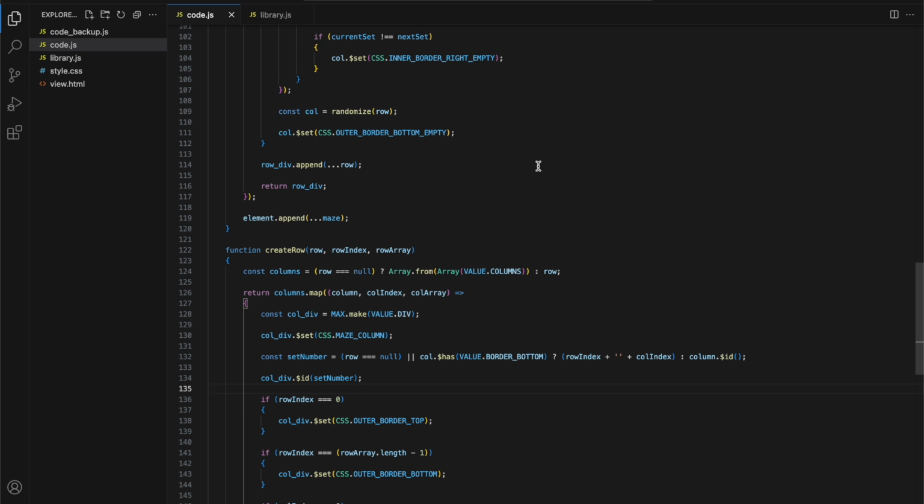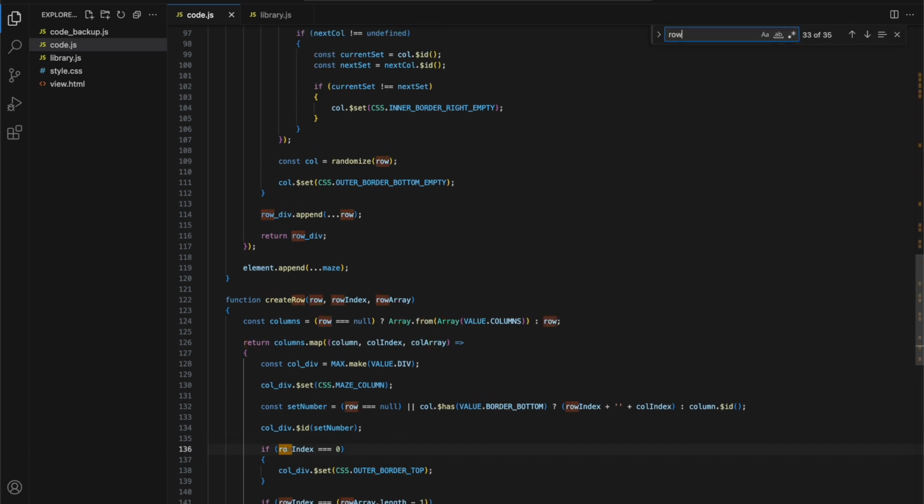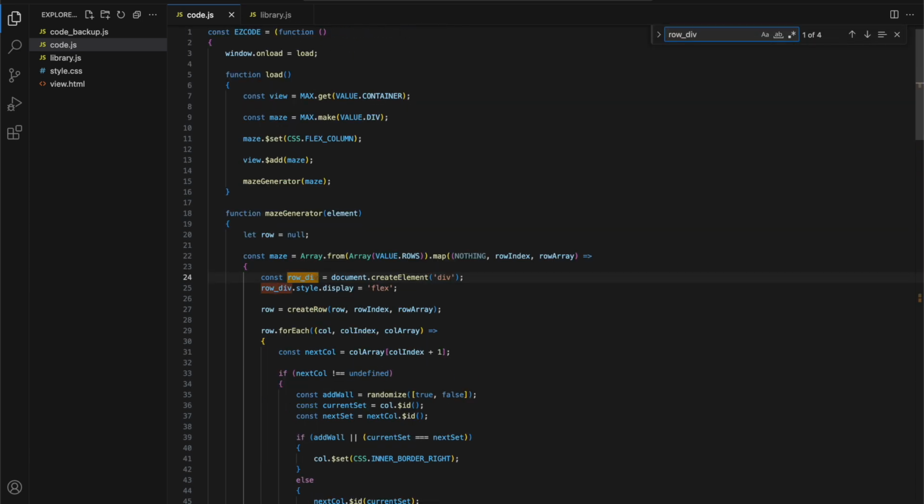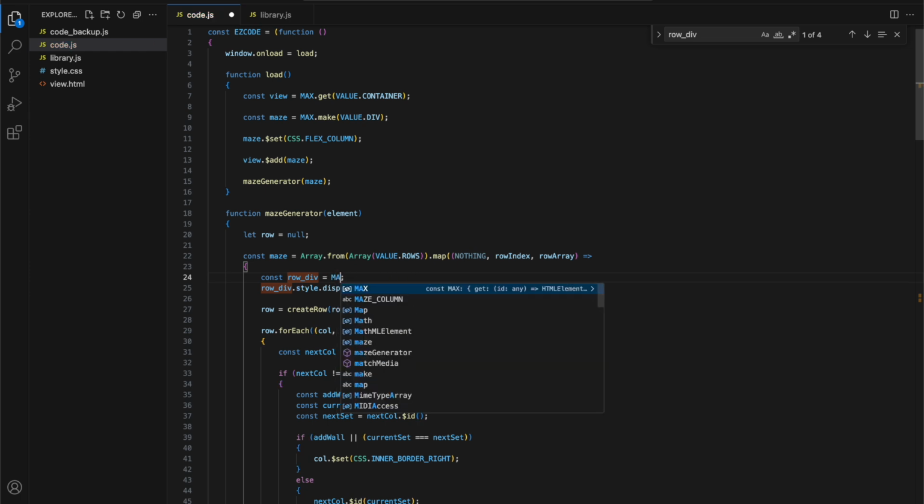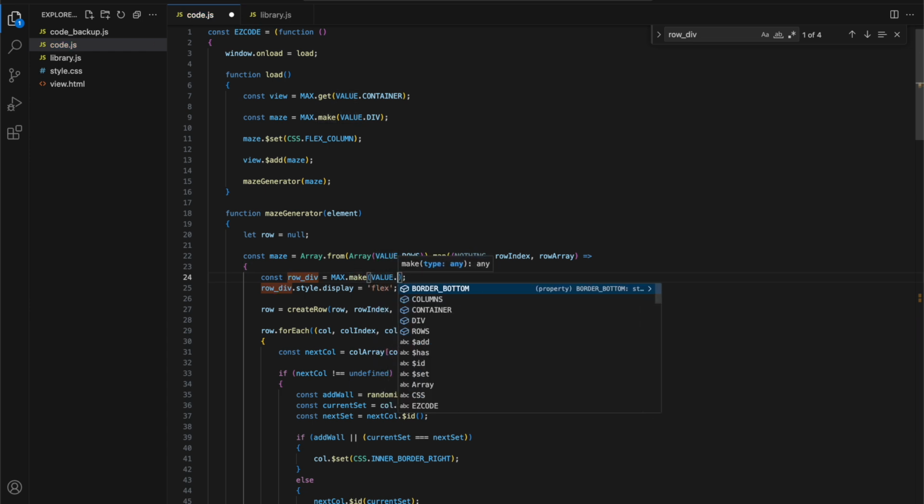So let's look around here. We have a row div hiding out somewhere. There you are, row div. And do you remember how we did this before? We had a max library here to do a div. So this is gonna go, and we had to make a div. So it was something like this: max make, and then it was value div, and that was going to make